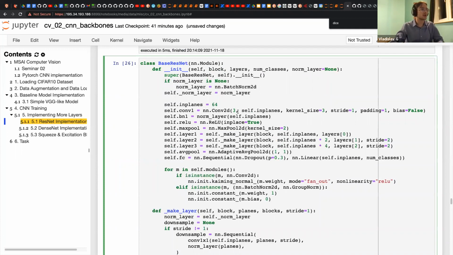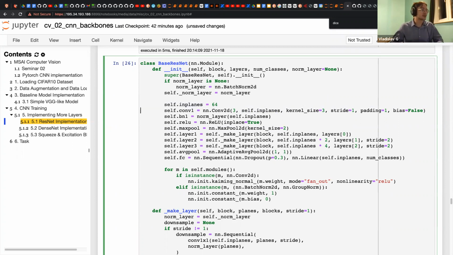So first, we create some starting convolutions, normalization and ReLU, and pooling. This is to make a feature map out of the image, and to increase the number of channels, because at the start point we have 3, and here we have, for example, 64.